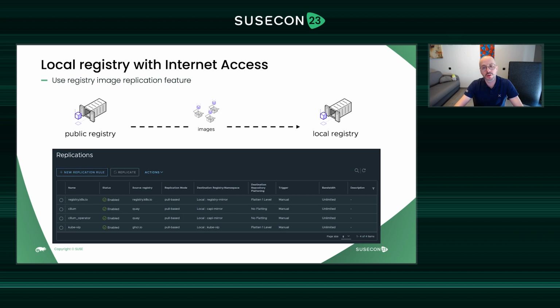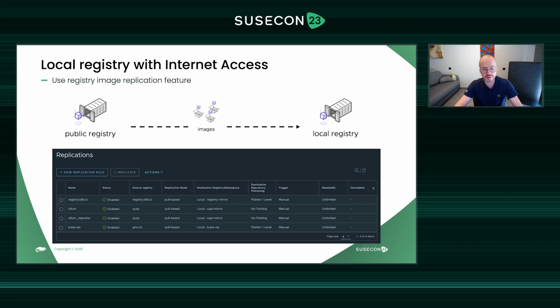And inside your local registry, you can implement some security scanning rules and allow the image pull only if the security scan is okay. For example, if there is no high, critical, or medium security issue. That's something you can put in place.